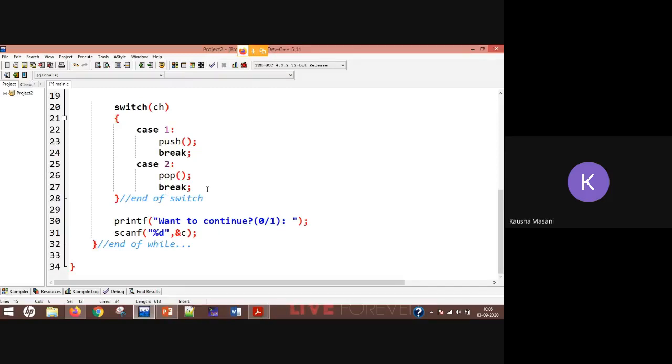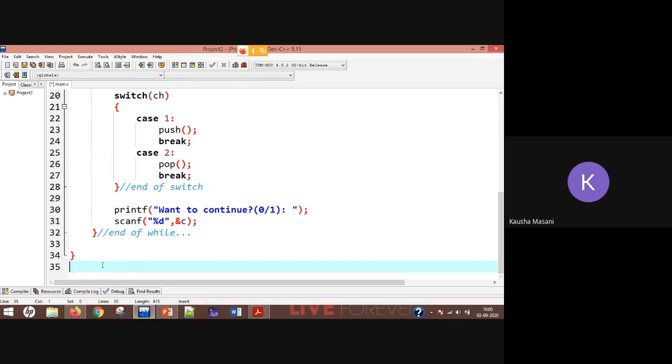But with the help of this while loop, it is going to work again and again until the user gives input as 0. Once the user gives input as 0, this loop shall stop and this program will come to its end.